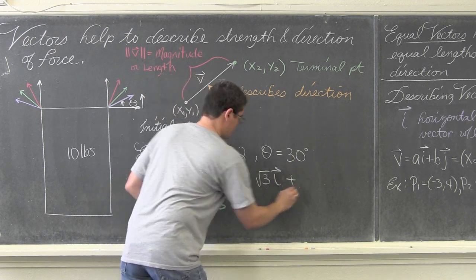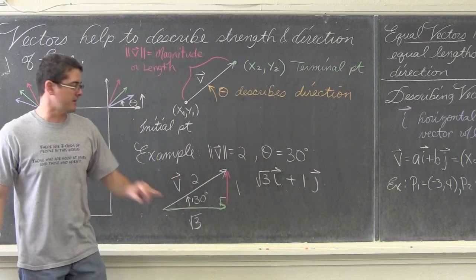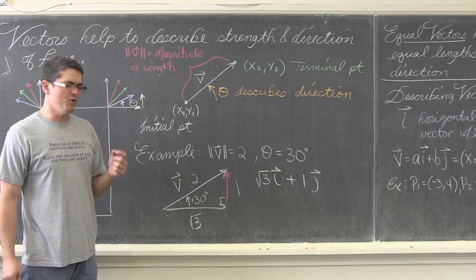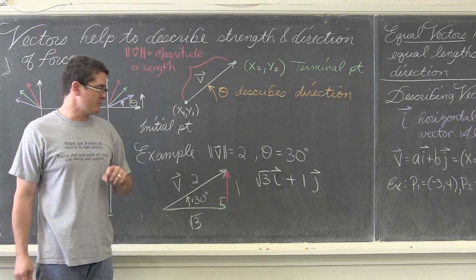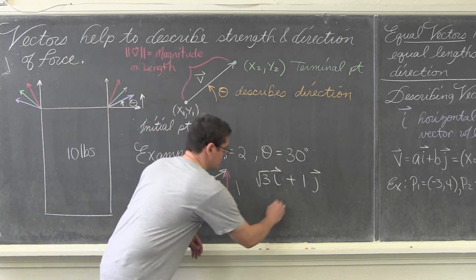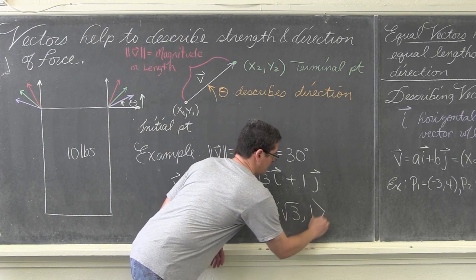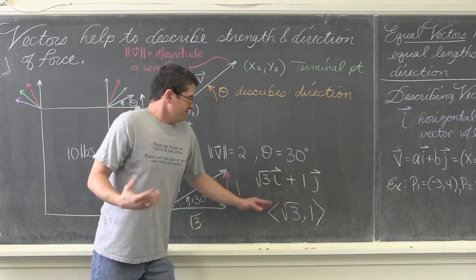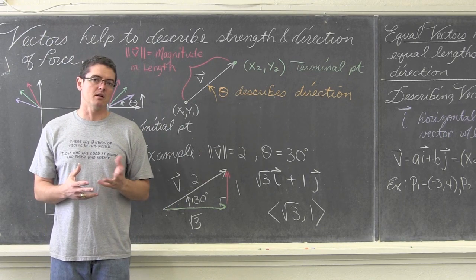i plus 1j, and I'll describe later what that little i vector and j vector are. Or, my new pre-calculus book doesn't use these notations, but my old trigonometry book that I taught from for quite a few years did. It would describe this vector in terms of this, square root of 3, comma, 1. And it would use some pointy parentheses, if you will, to describe that horizontal and vertical component.